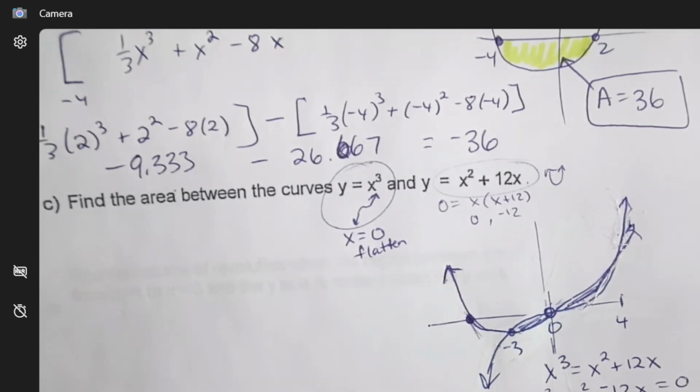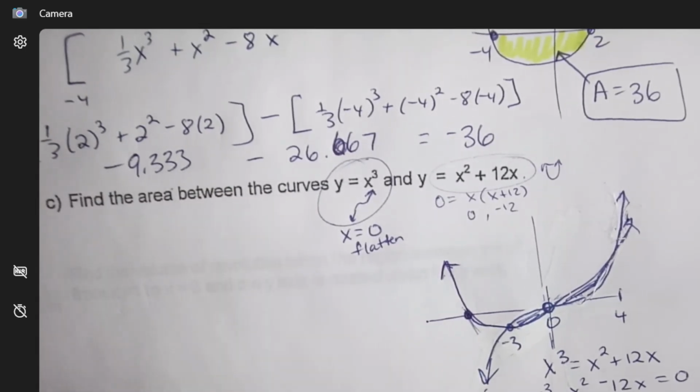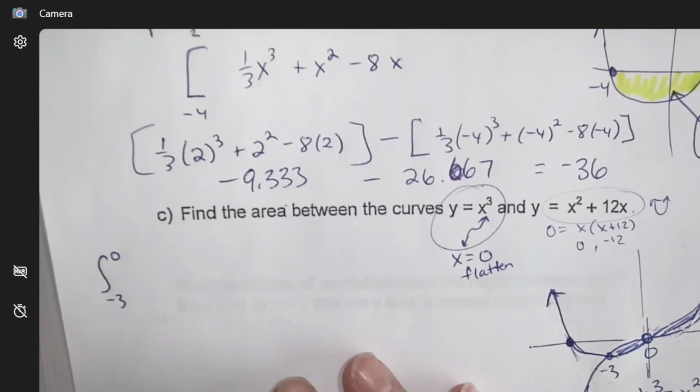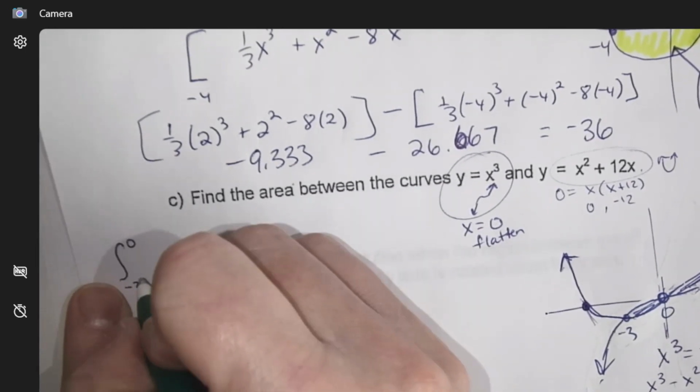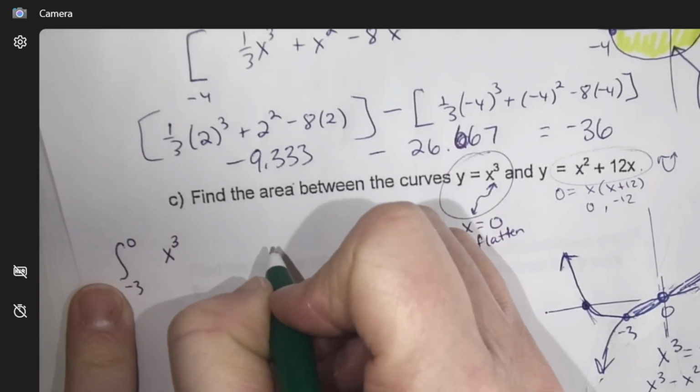Okay, I'm not even going to worry about the order. I'm just going to do the same order. So I'm going to do this in 2 sections. I'm going to go from -3 to 0. And then I'm going to go x cubed minus